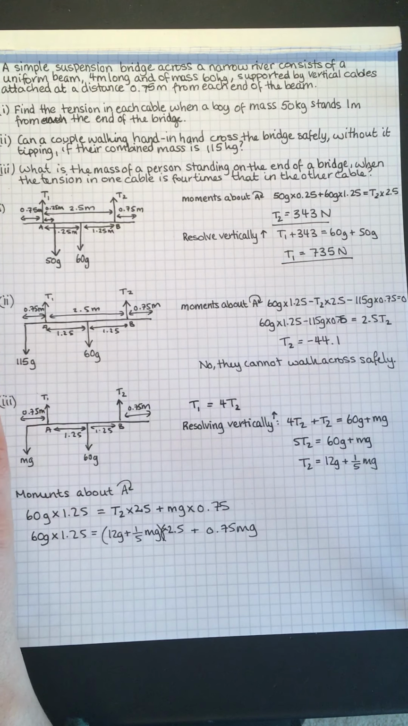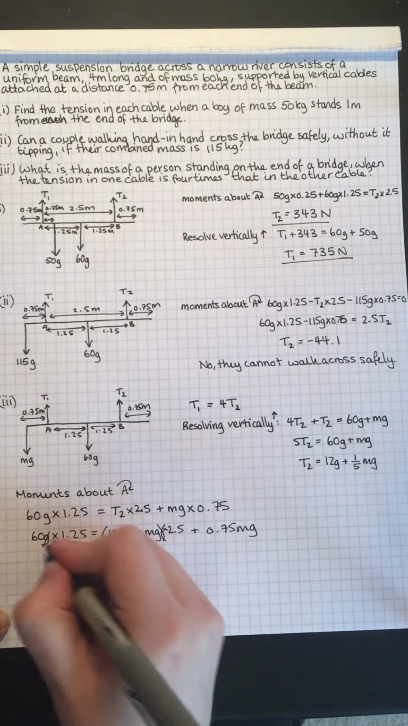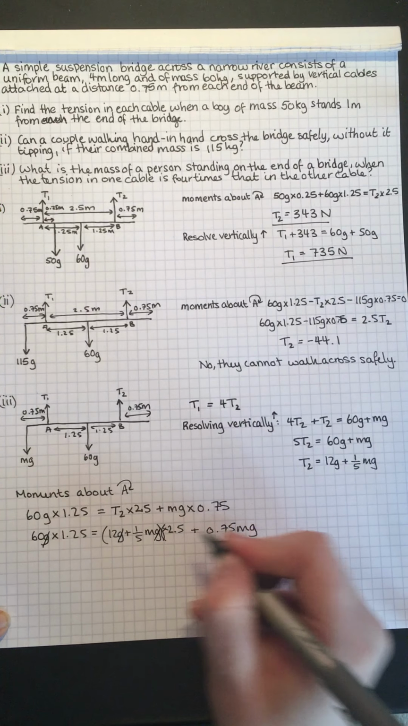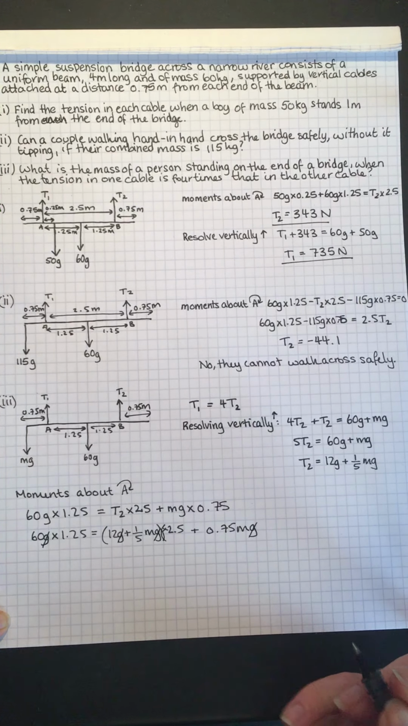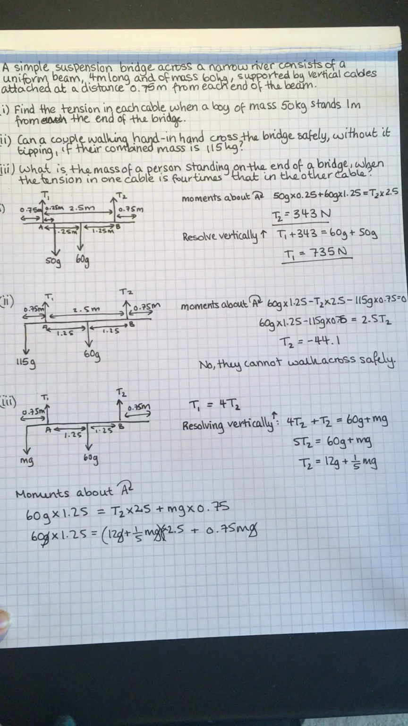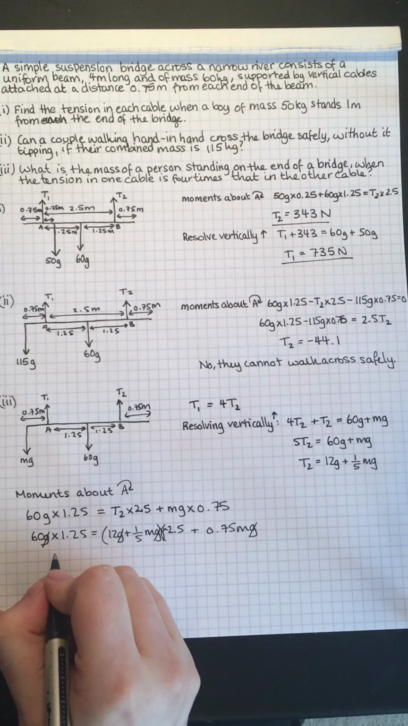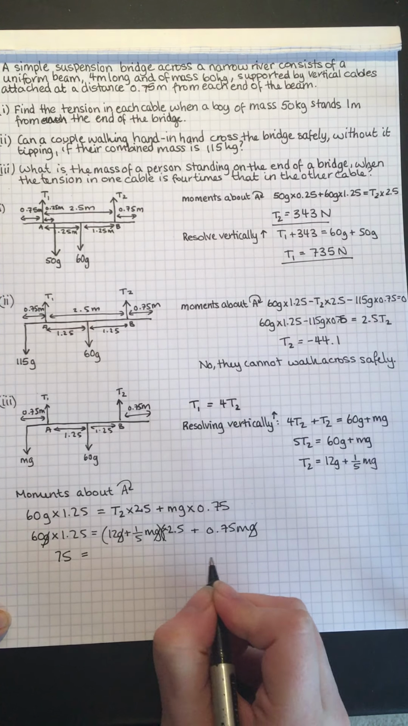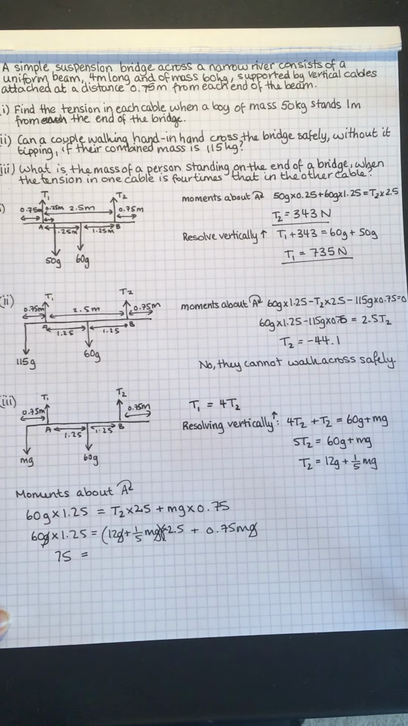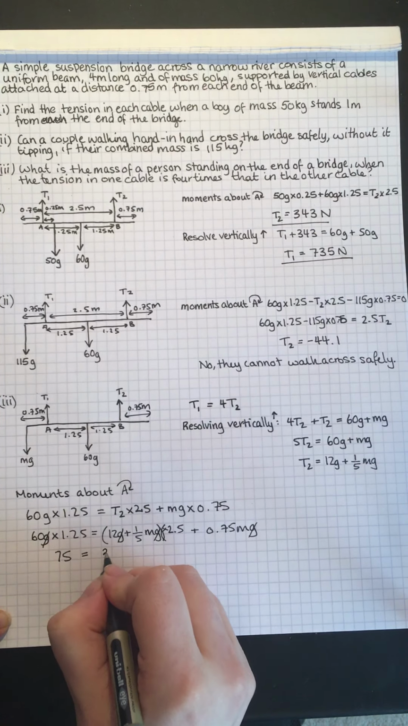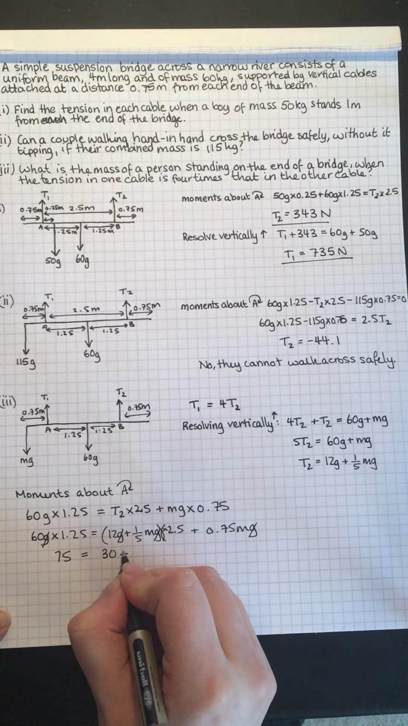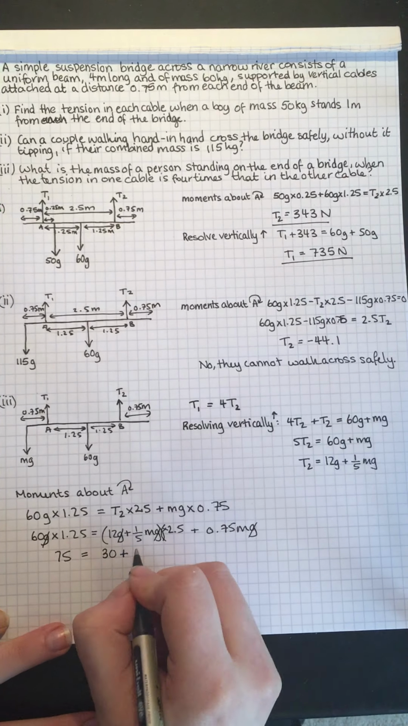In fact g is in every single term, so we'll cancel, which is nice. So we have 60 times 1.25, which is 75, equals 12 times 2.5 is 30, plus 1/5 of 2.5 is 1/2,